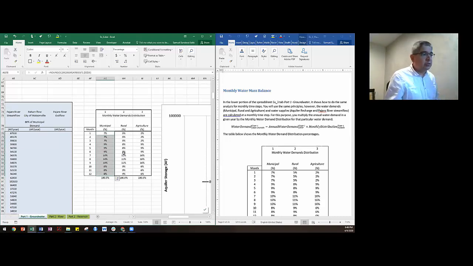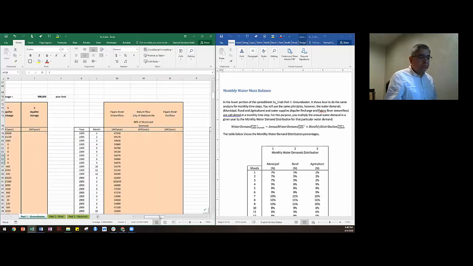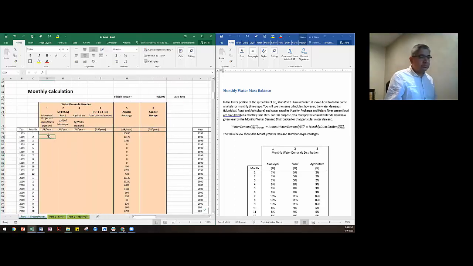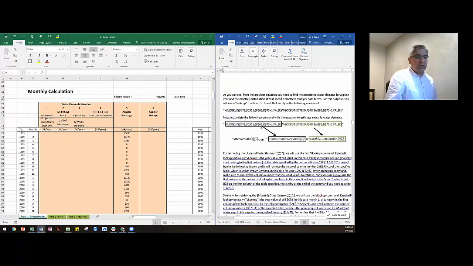7% typically will be used in January, 7% in February, then 9% by March, April, May, and June, and then July, August, September this much, and so on. Okay, so for you to do that, you have to multiply this annual water demand for a given user times its monthly distribution for that specific user. How to do that? Well, you're going to use